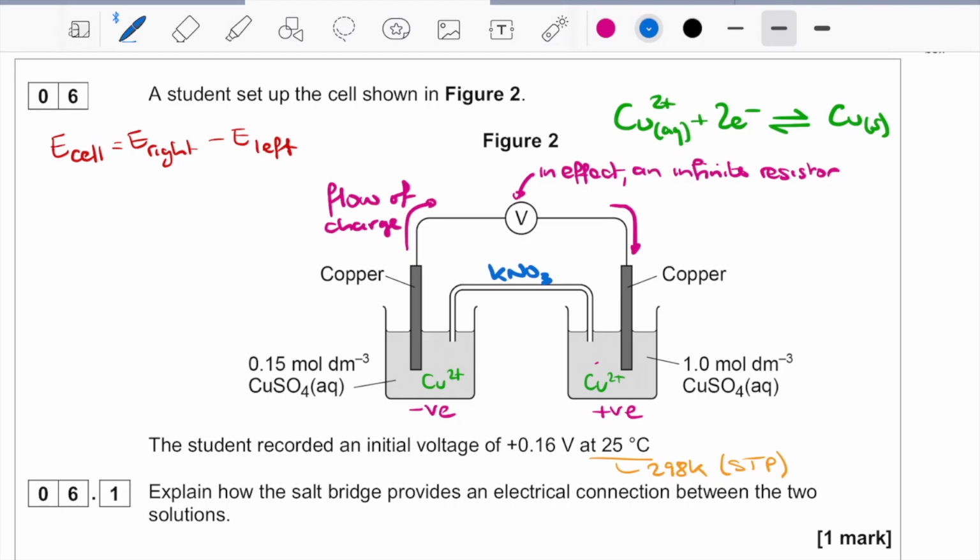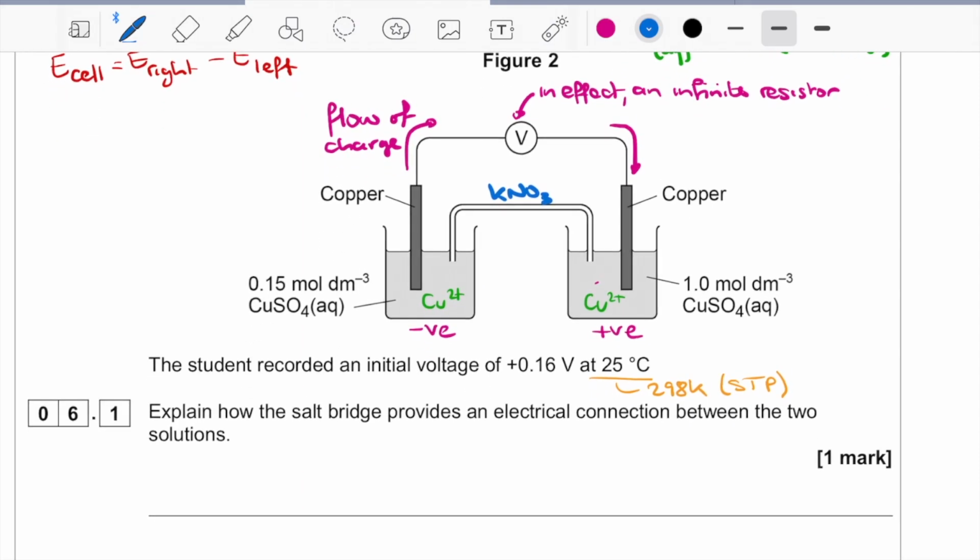Occasionally they might have a question where they have a salt bridge with something like, I don't know, sodium chloride, and they could ask you what a problem could be, and you've got to check: do you have something that the chloride ions could interact with? If you have a silver half cell, you get silver chloride precipitation, which you know from your Group 7 part of the course, and that would cause a problem. But principally, the reason we have a salt bridge, which is our first question, is